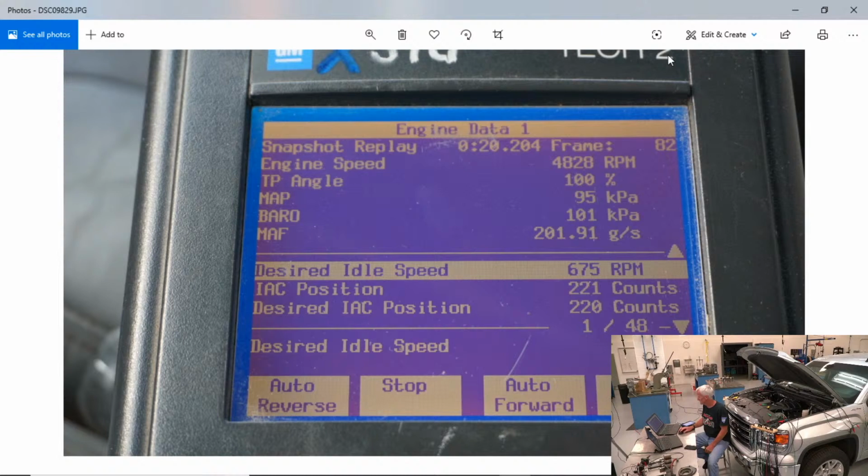My barometric pressure on this is 100 kPa. So key on, engine off, I got 100 kPa, kilopascals absolute of air pressure. And that is equivalent to about 29.5 inches of mercury. If you look at a barometric gauge, usually around 30 inches at sea level is considered barometric pressure. And then when you start an engine up, you've got 30 inches of mercury of pressure on it,